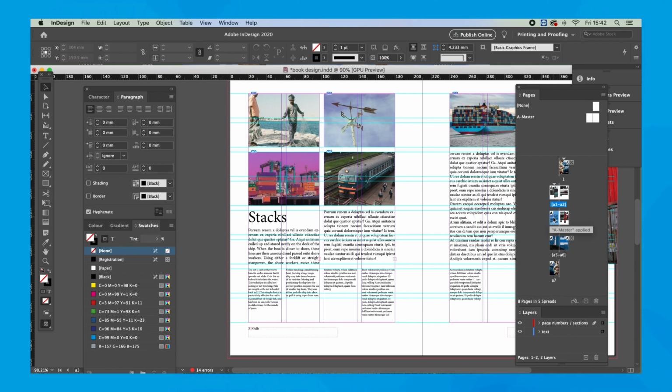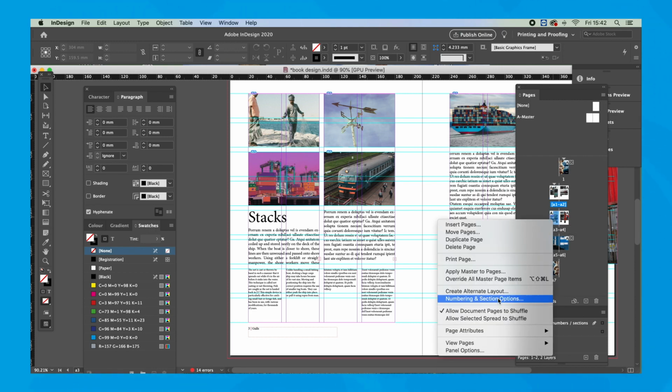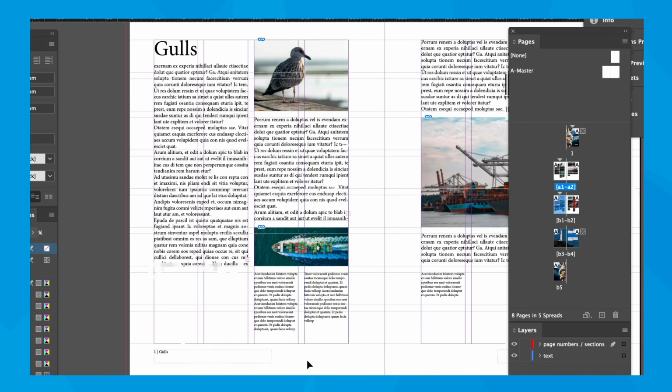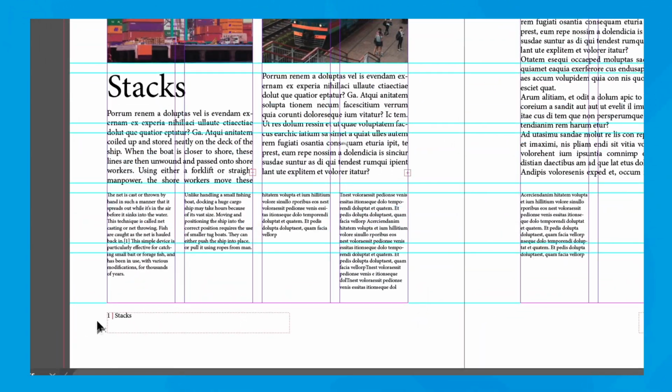So this is going to be our stacks section, so I'm going to right click, number and section options. Yes, I want to start a new section. Yes, I want to start page numbering at 1 again for my new section. Section prefix, I'm going to call this one B because it's my second section, and that's going to change this A here to a B. I'm going to stick with normal numbering, and this section marker I'm going to call stacks, click OK, and if I go to my stacks page, you can see that I'm on page 1 of stacks,